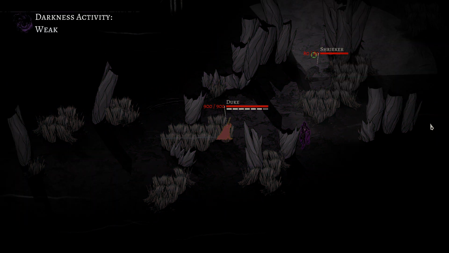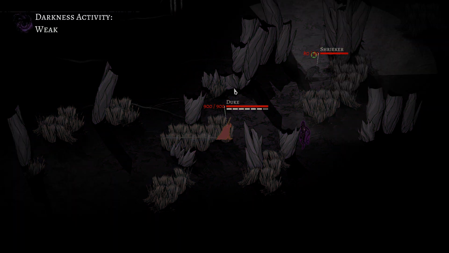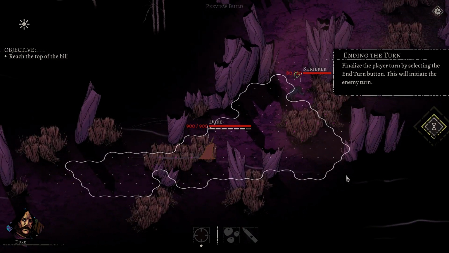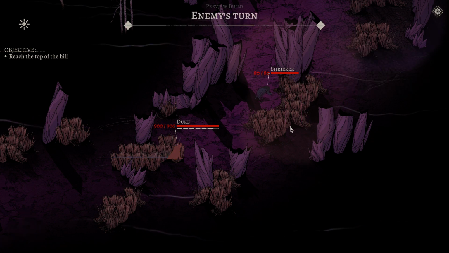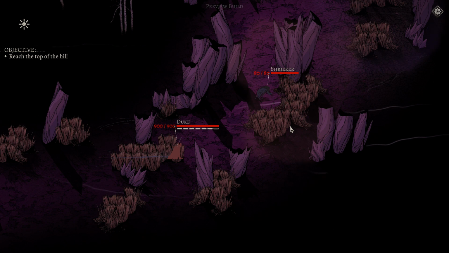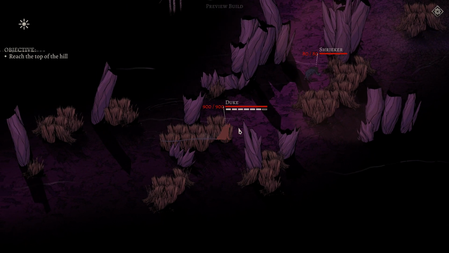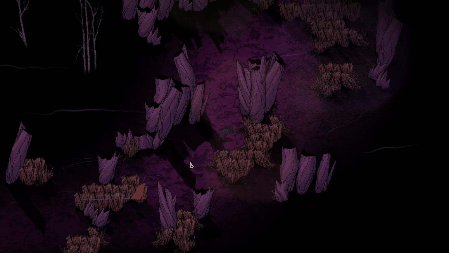So I can click there. What about spacebar? Okay, spacebar does the same thing. Oh, no it doesn't. Spacebar does this. What is that? Darkness activity weak. Okay. W, A, S, and D move the camera around. The animation is really, really good in this. I like it a lot. Okay, so we got 10 stamina back. I wonder if we only get...